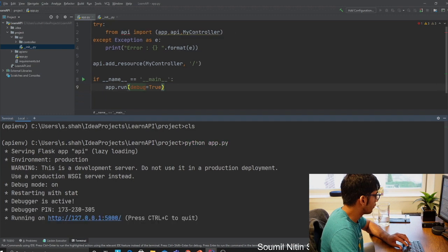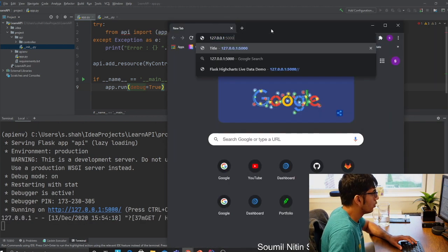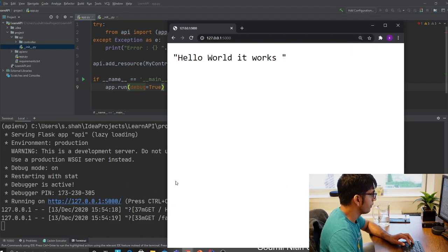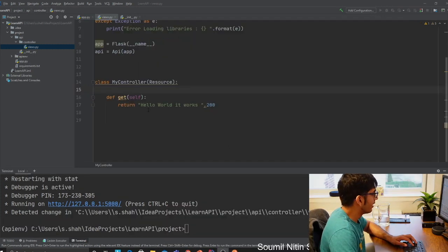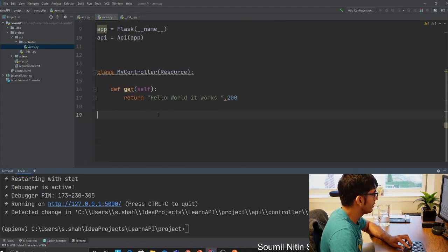So hopefully, if you see I did everything correctly, let's fire up the browser. Wanna go to 127.5, and here you can see it works, right? That's the first thing you have done. Now let's learn how to add query parameters in the Flask. Let's learn how to add the query parameters here. Adding query parameter is very easy in Flask REST API. Come to the controller and the views file, and first of all what you gotta do is basically you gotta define a parser, which I'm gonna do here.